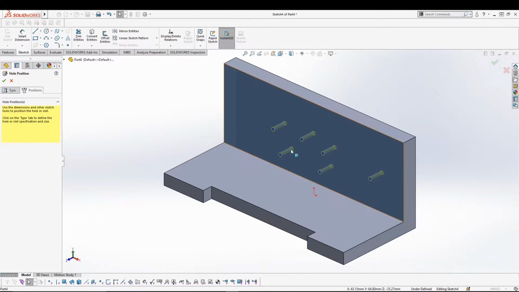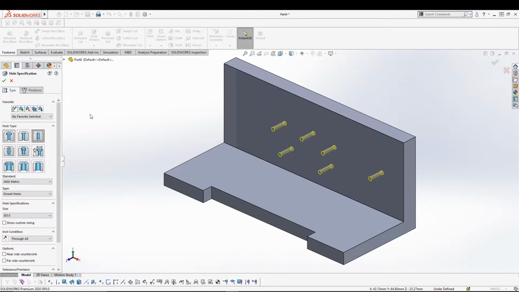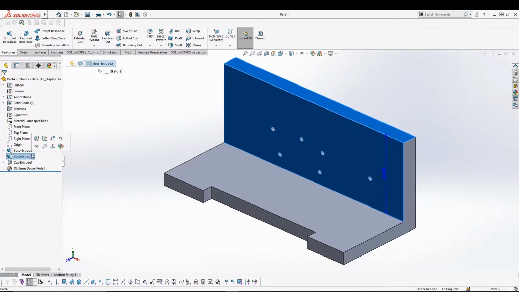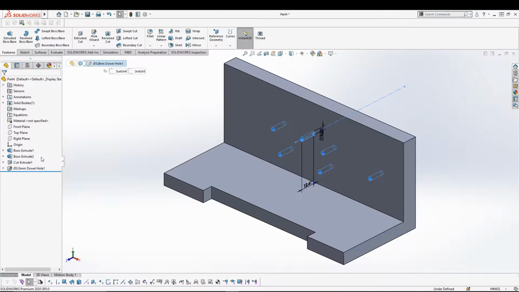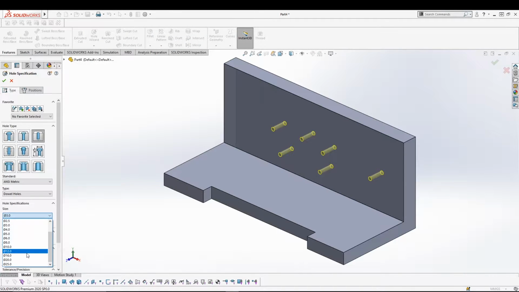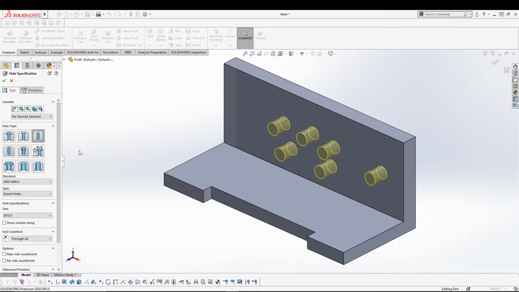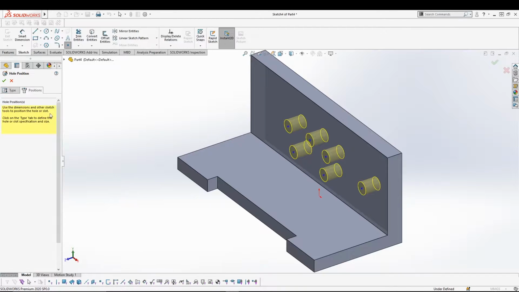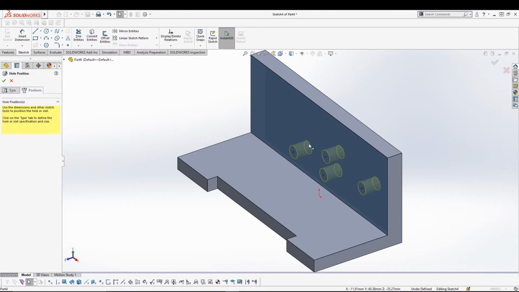Now let's say your holes are too small. What we can do is go and confirm it, and then come to edit feature. We can come to our tree and edit our hole wizard feature. Go to edit feature, and let's increase the size to, let's say, 10. That looks fine, but I want to delete some of the holes. So what I will do is I'll delete this one, delete this one, this one, this one,